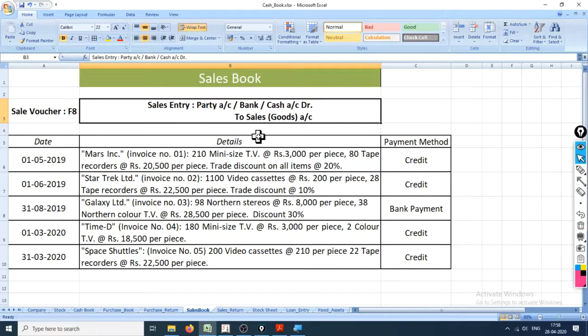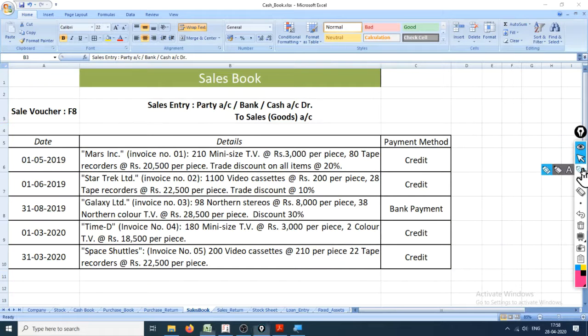Sales entry, journal entry of sales is party account debit, bank account debit, cash account debit, that is if it is on credit. Wait, I'll show you. If you know the journal entry, you can skip this tutorial. So party account debit